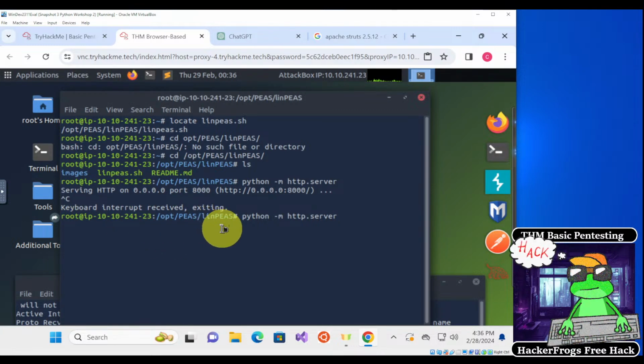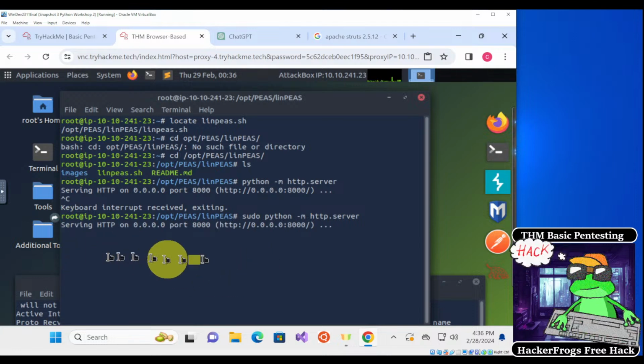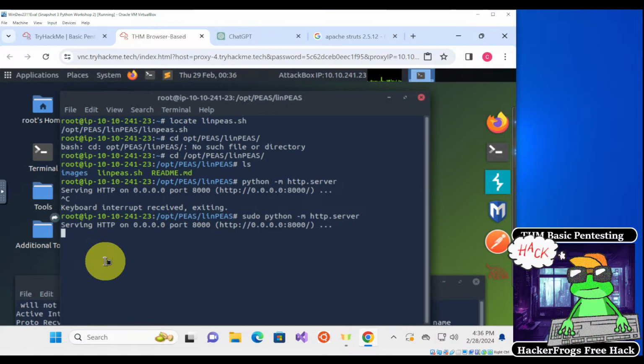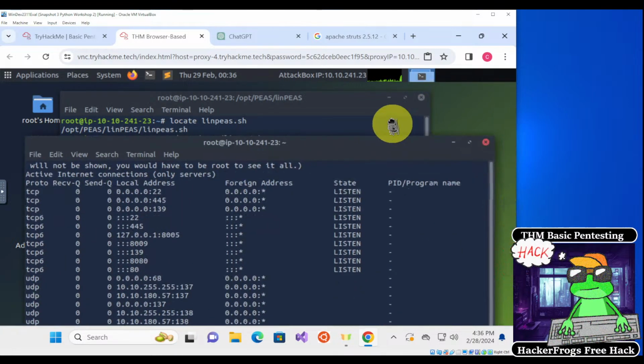Because this is a directory owned by root, we're going to need to run this with sudo. So we're going to sudo this. So this is going to be important later, because if we run this command without sudo, anybody trying to download files from our attacking web server is going to fail because we don't have the correct permissions. So make sure to run it with sudo. Okay, and then from our